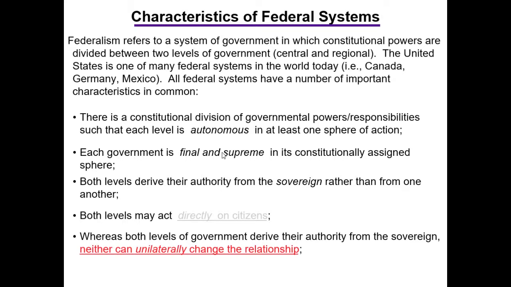Congress, a two-thirds vote in the United States House of Representatives, a two-thirds vote in the United States Senate. That's the national government's action. And then how is it ratified? Three-fourths of the states have to ratify it. So it's bilateral, right? The key word here is unilateral. The powers of the state governments can be changed. The powers of the national government can be changed, but not unilaterally by one level. Okay? It has to be both levels of government. In fact, it takes extraordinary majorities to do it.